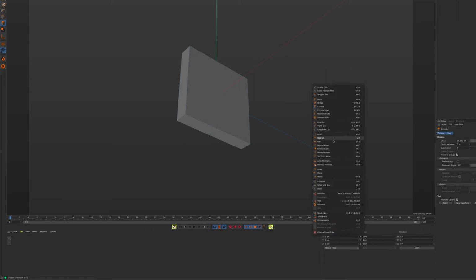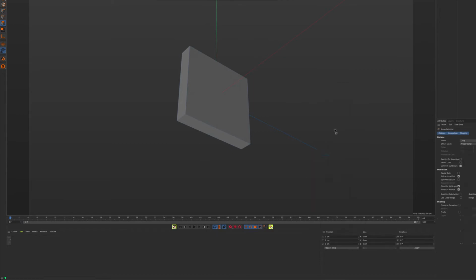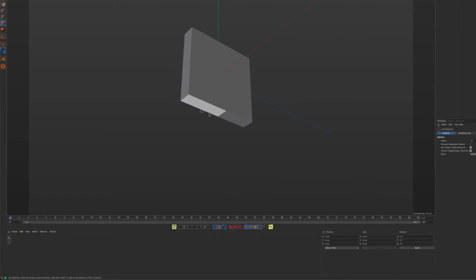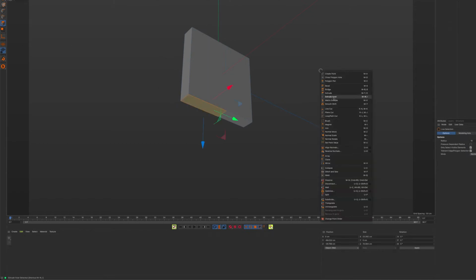So if I right click and I say loop path cut, or I'll get out of that tool, if I hit K and L, so anything that fits under the cutting K and then JKL, so loop here. And if I hover my cursor over an edge, it highlights where it wants to make that cut. I'll just do that about there. And then I'll go back into selection mode and get this and extrude